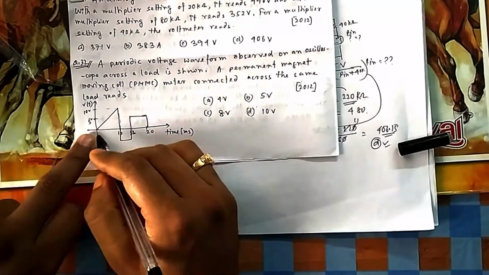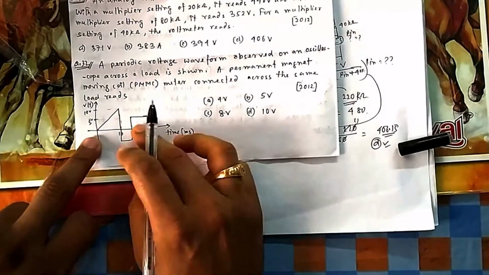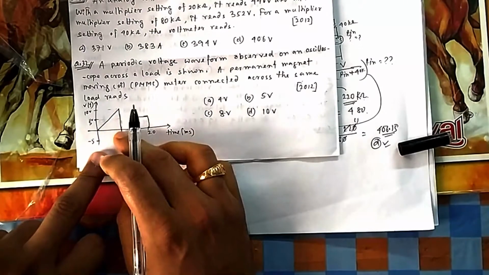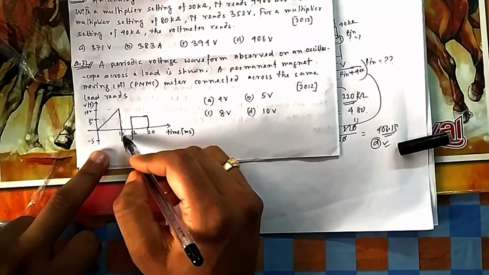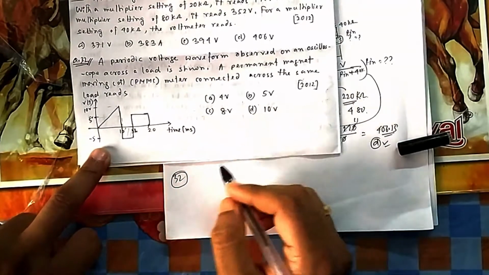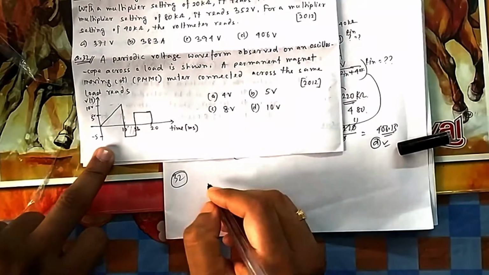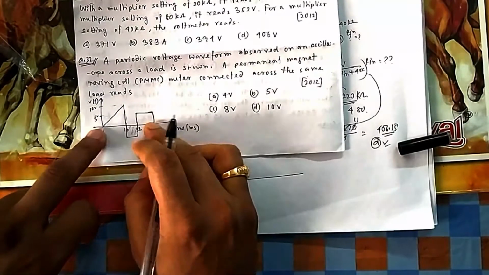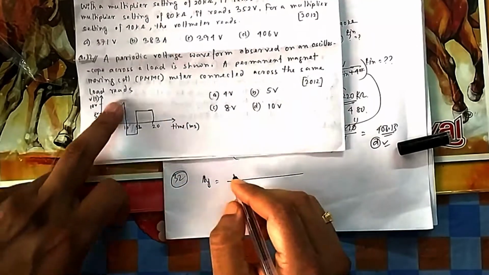How to take the average? You integrate the sum of these two divided by the total. Average means sum divided by the total number, and here the total time is 20. Sum means you will do integration, and integration means you are just finding area. So you find this area, because this area you can easily find without integration. You could use integration by writing the equation of this, but that will be lengthy. So your average will be the total area, that is total integration, divided by 20. So what is the area of this one?